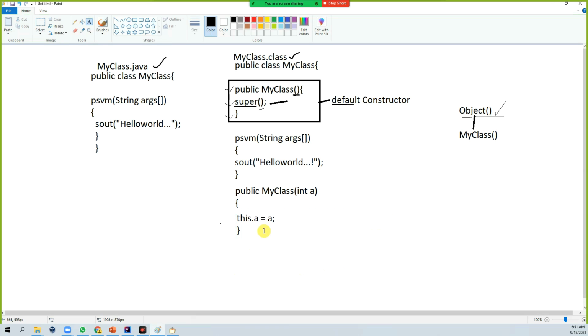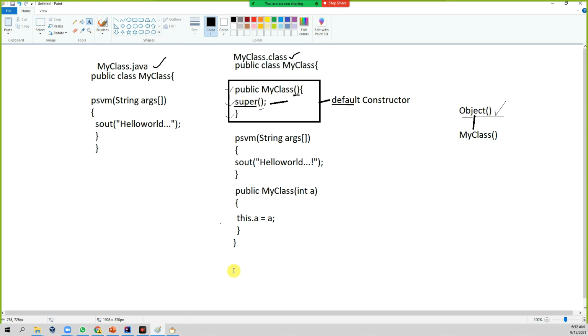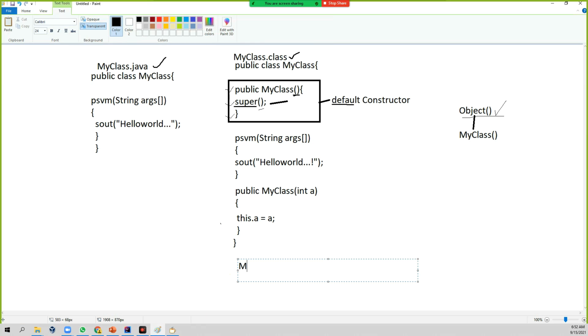Whoever is calling this particular constructor, the object notation will be like this: MyClass obj = new MyClass(10).